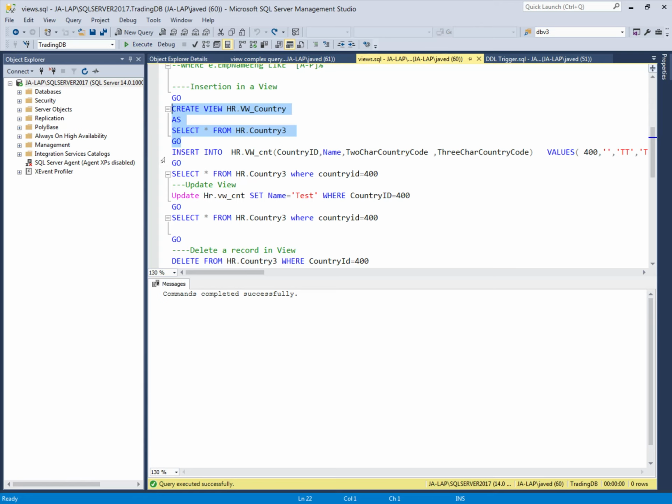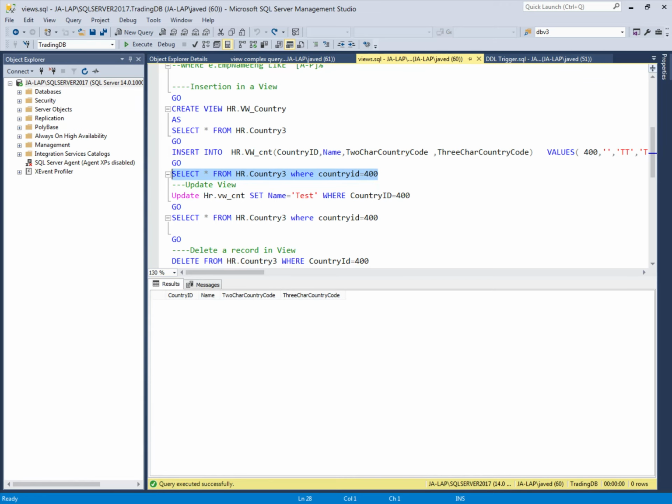Now I'm going to insert a value in this view. So first I will see, is there any country ID 400 that exists in this view? No. So I'm going to insert this value using the view in the country table.